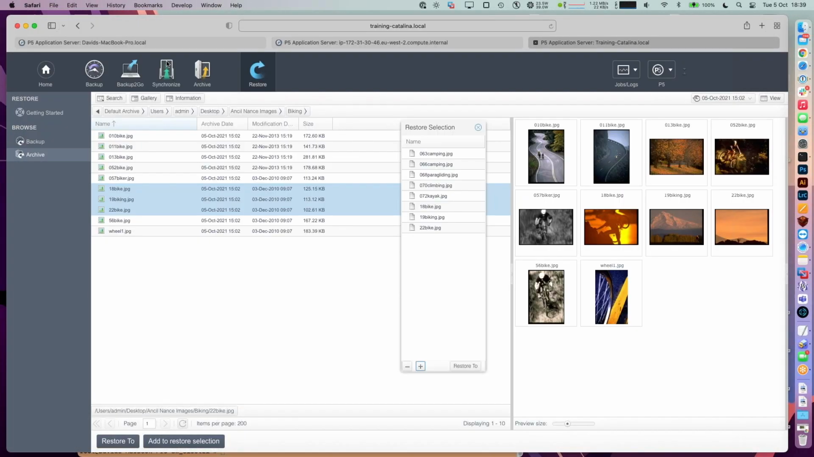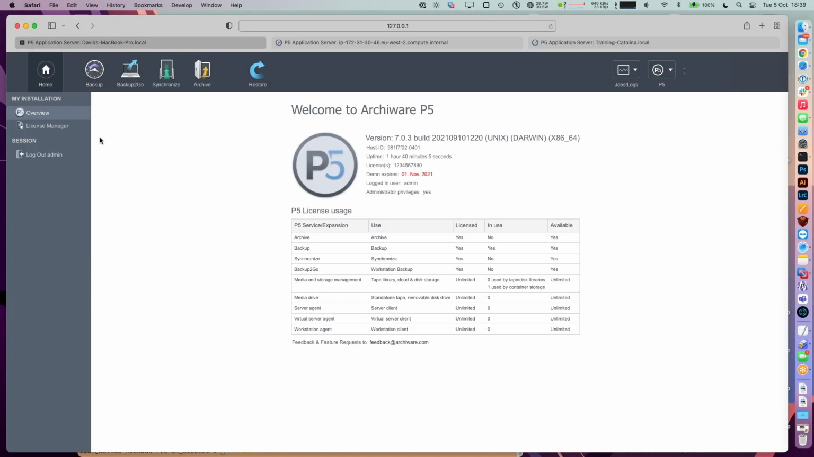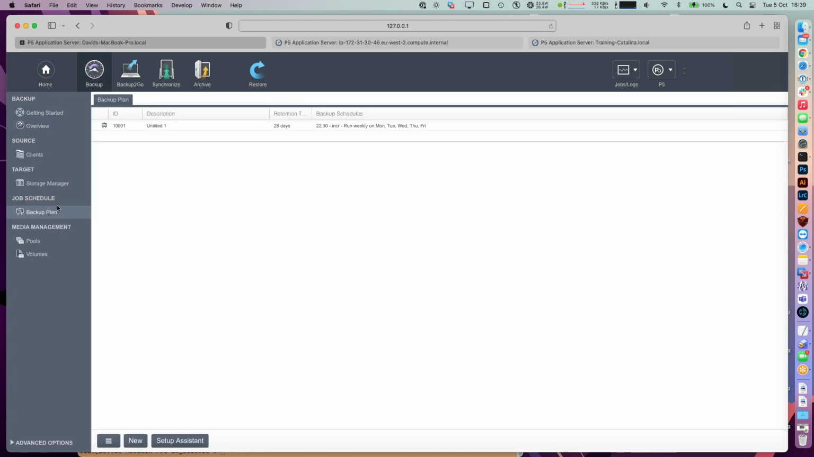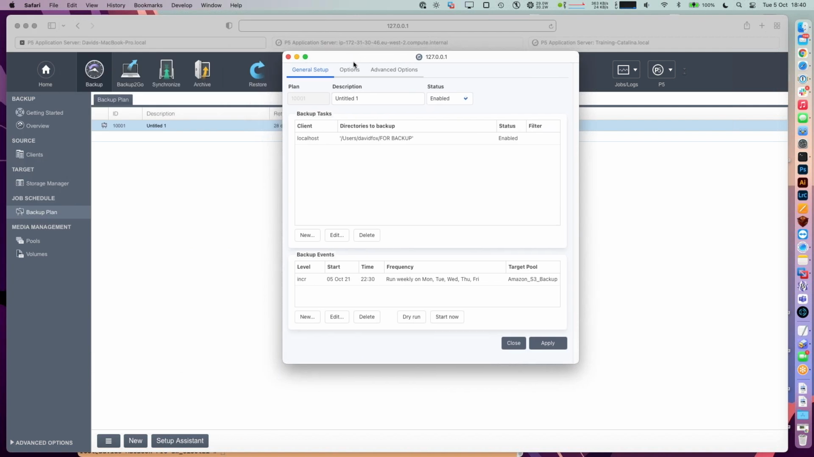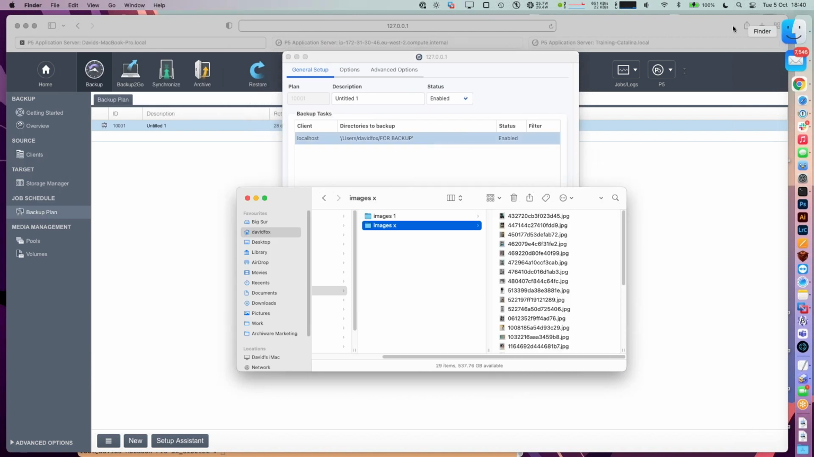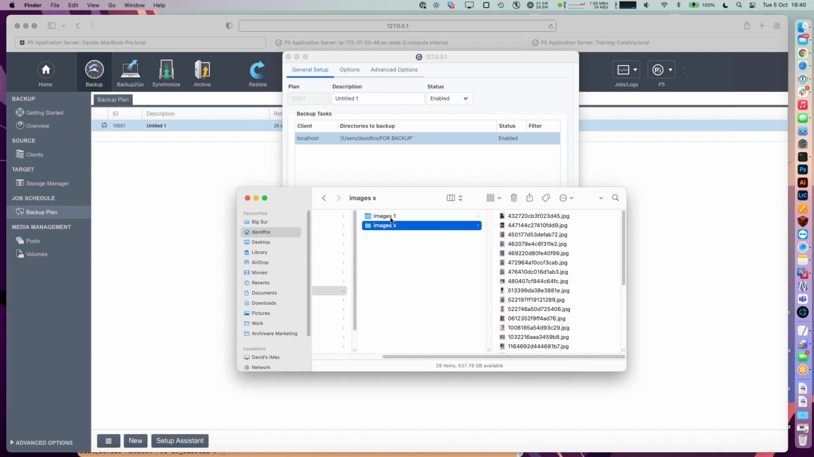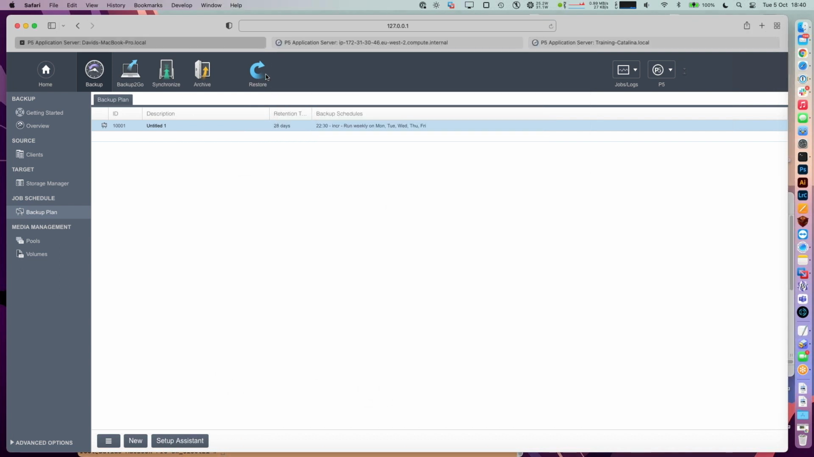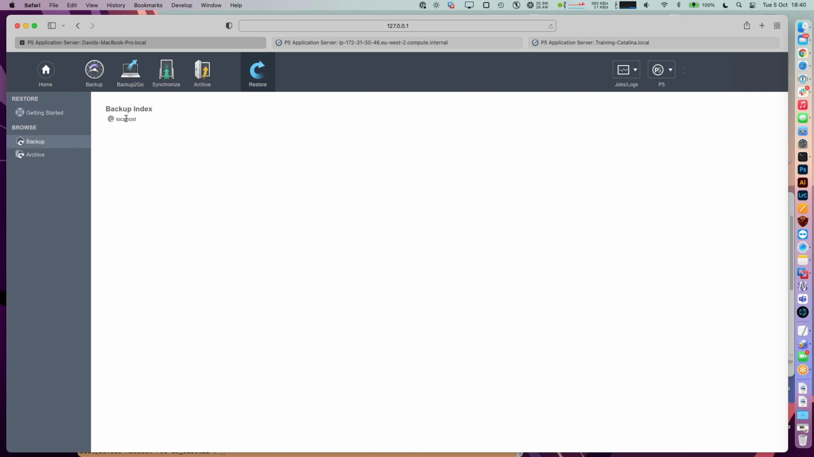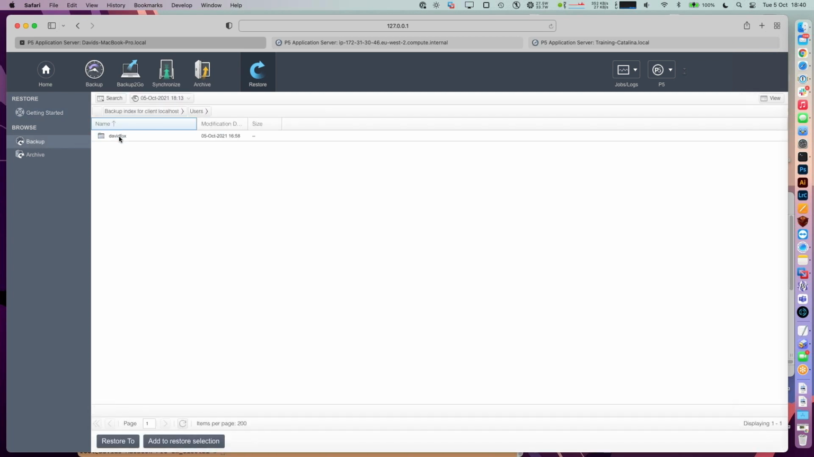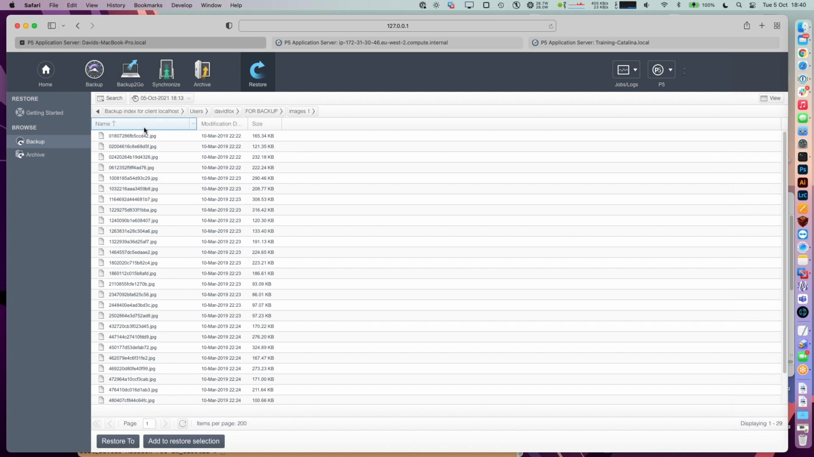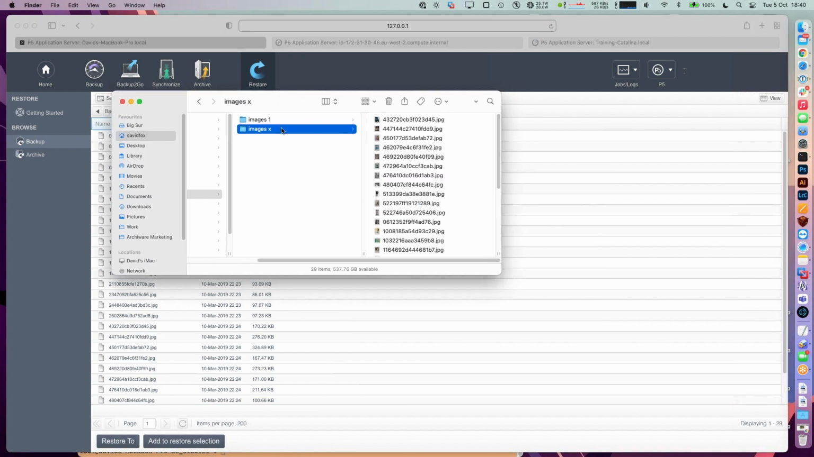If I go back to my P5 installation here, where we had a backup configured, and that backup, you'll remember, is backing up a folder called for backup, which has 2 folders inside of it, images 1 and images X. If we look inside our index, we will see that so far the index is aware of those two folders, images 1 and images X, and in each of those we'll have the files. If I were to rename images X to images XXY